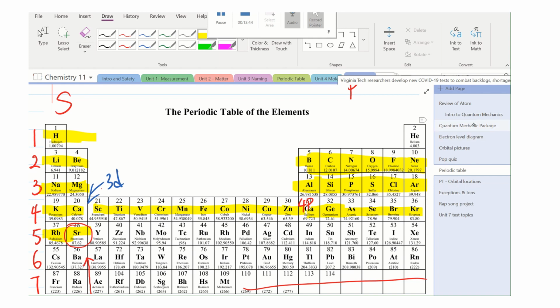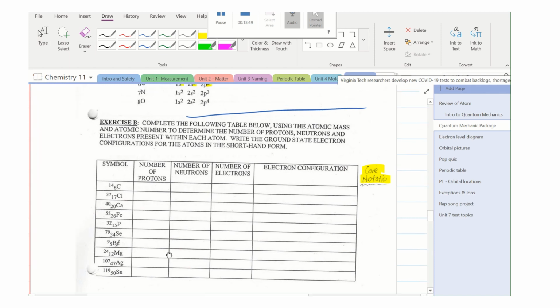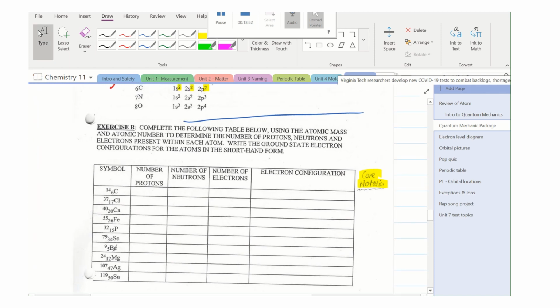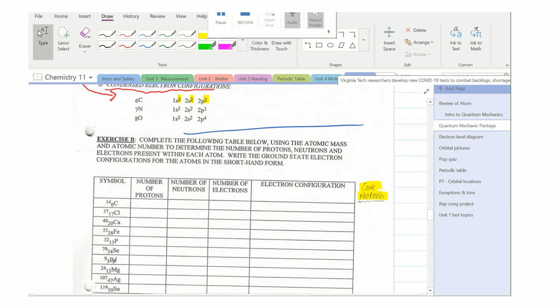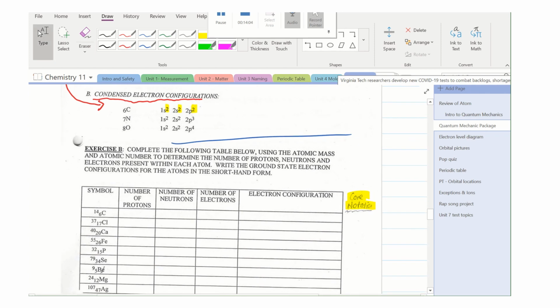So for today, I just want you to complete this table here. I haven't done any of these with you, but we did the calcium one. I'm just going to show you how to do the chord notation here. Let's do the easy one, carbon. I'm just going to copy this here, carbon, it's 1s2. You need to write the protons, neutrons, and electrons here. I'm not going to repeat that. You should know how to do that already.